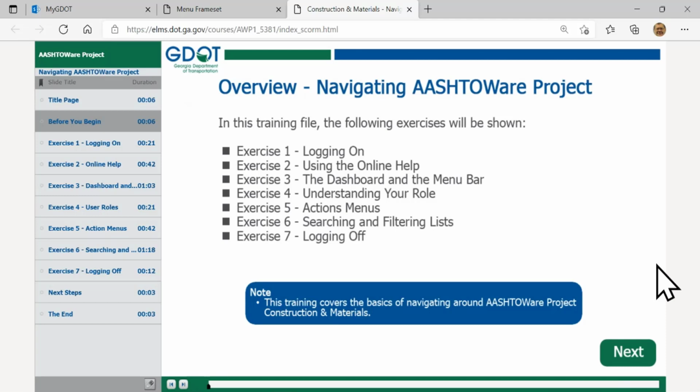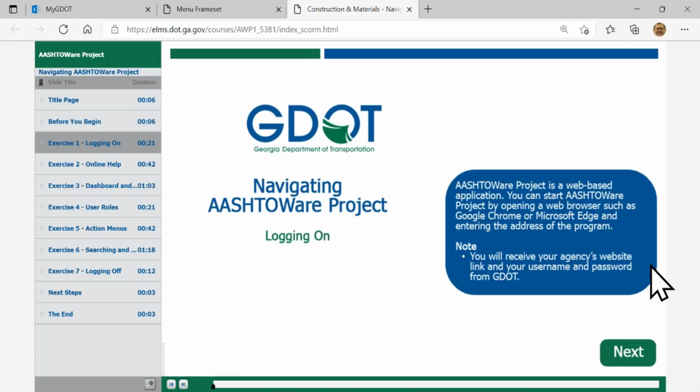As I said, Ashtaware Project is a web-based program, so you want to make sure that you log off completely instead of either closing the X on the tab or the X in the browser window, to make sure that you release all resources and let the system know you don't need them anymore. All right, but that's what we'll be covering, and that way we can work on it. We'll click to move forward. We'll click on the Next button. As I said, Ashtaware Project is a web-based program or application.